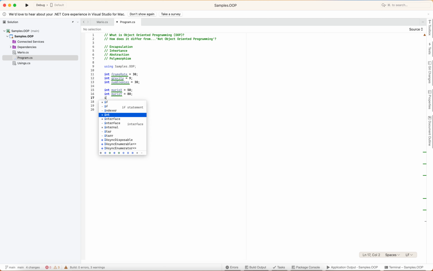We might want Mario's width. Let's say he's 25 pixels wide. His height, which let's say for example is 75. His color, which is red. And then we'd want some operations. So you can jump